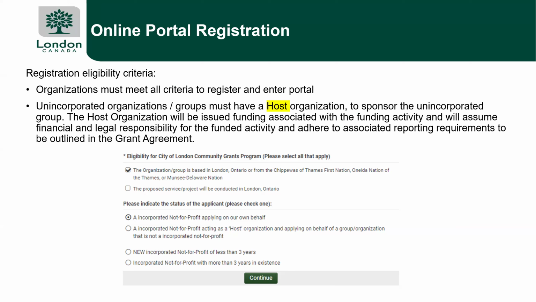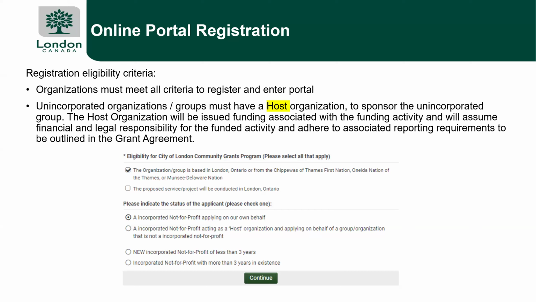So the eligibility criteria here is simply that you're an organization or group that's based in London or from Chippewa of the Thames First Nation, Oneida, or Munsee, and that the project is going to be conducted within the City of London. And then we ask that you identify the status of the application. So you are the not-for-profit or you're a hosting organization that isn't a not-for-profit.